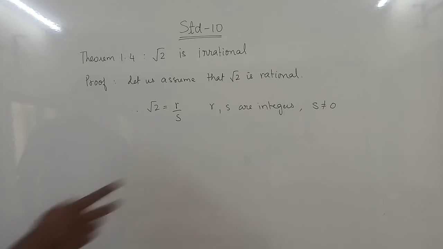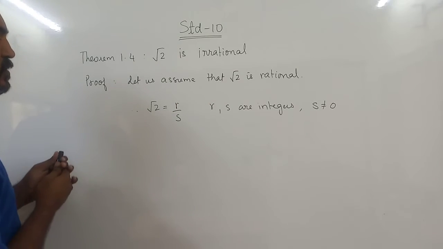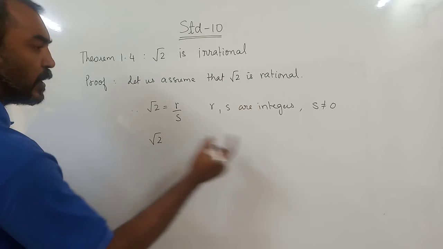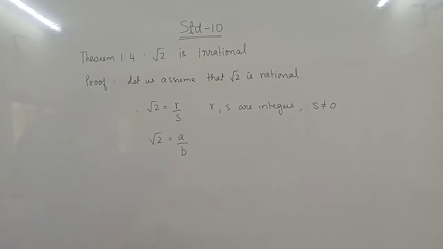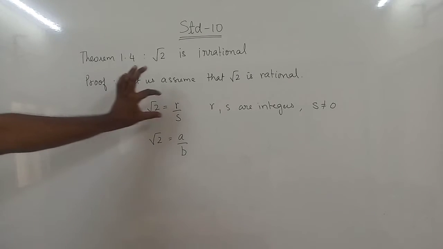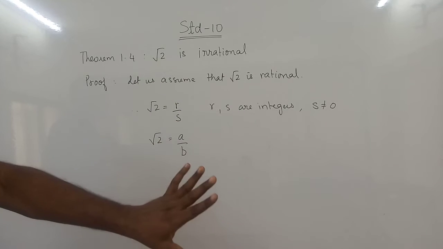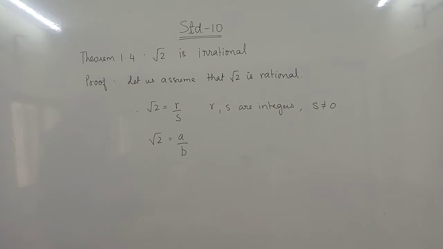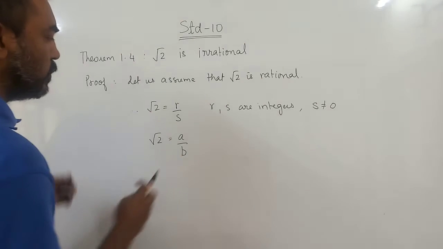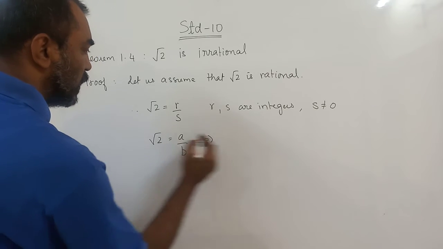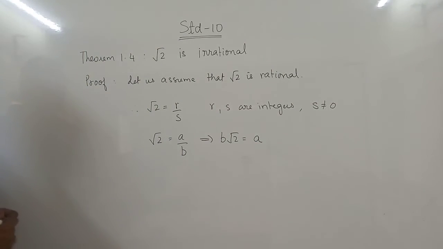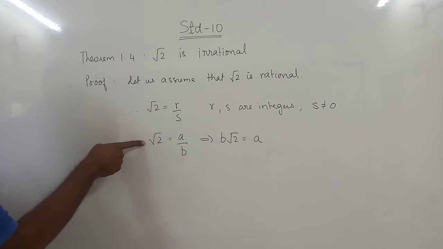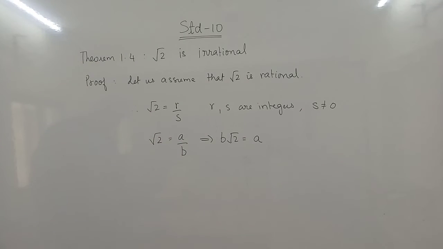Okay, this is the form. But suppose they have got common factors, then like I told you, we cancel them and bring it into which form? The basic form. Okay, so here r and s were two integers, but I did the simplification and I got it in a by b form, where there is no common factor other than 1. So from here what do you get? What does this imply? That b root 2 equals a. You know this. If root 2 equals a upon b, then multiplying by b gives us b root 2 equals a.